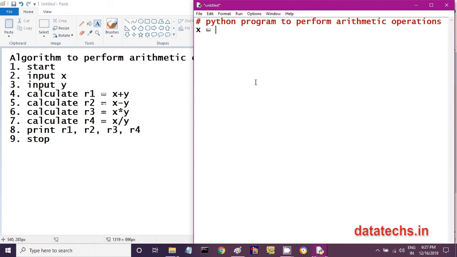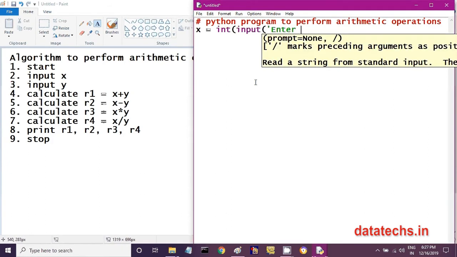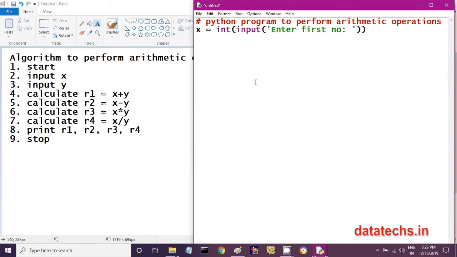X is equal to int of input, enter first number. So please observe here two steps are there. Step number 1, this input function will first display enter first number and it will wait for your input. Suppose you are giving some 10 or 20, that number it will take as a string.